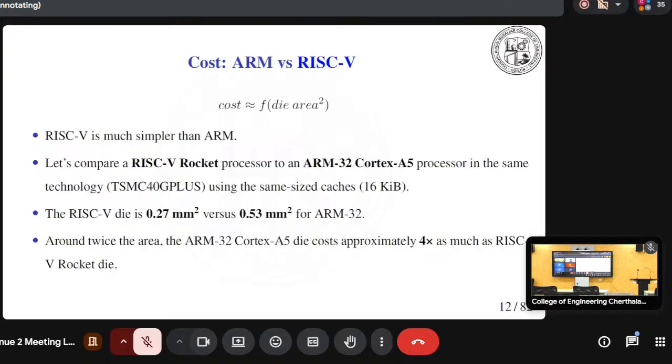But also another thing is that you all know that ARM is proprietary and RISC-V is open source. So even for a fabless company, to buy the core from ARM, we will have to pay lakhs and crores, whereas RISC-V is completely free. The basic instruction set architecture is completely free. We can take it and